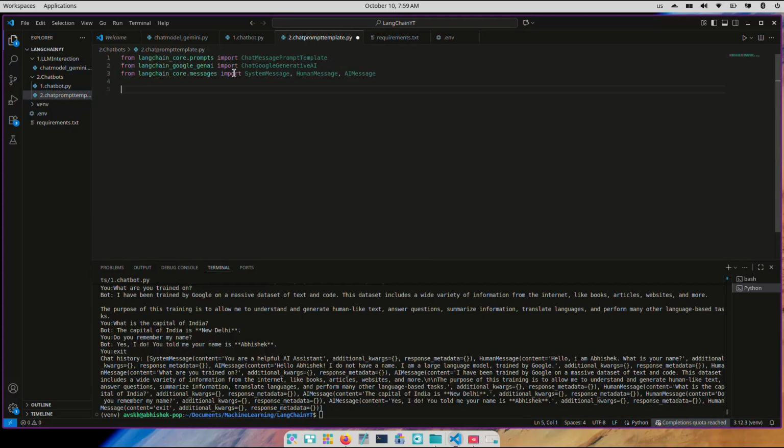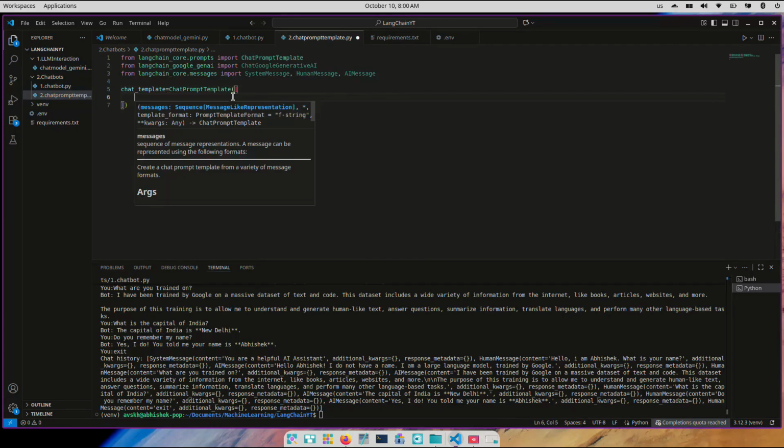Okay, first of all, I might not invoke the model at all. I'm just going to show you how our prompts are created using chat prompt template. So this is actually ChatPromptTemplate, not ChatMessagePromptTemplate. I'm first going to create a template here. So chat_template equals ChatPromptTemplate. I'm going to create a list inside this, and then for our system message,